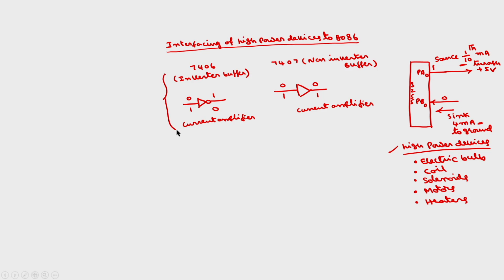So, these are called IC buffers, integrated circuit buffers. This is the 7406 IC, inside this we have 6 such inverters. Inside this one also we will have 6 such buffers. By using these current amplifiers you can get currents of the order of 40 milliamps also, so you can drive moderately high power devices. If you want still more current, we have to go for transistor buffers. These are IC buffers and we have some transistor buffers also.